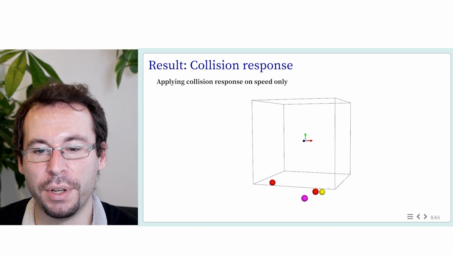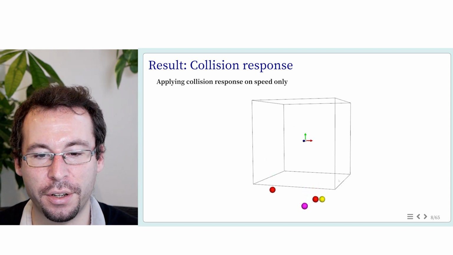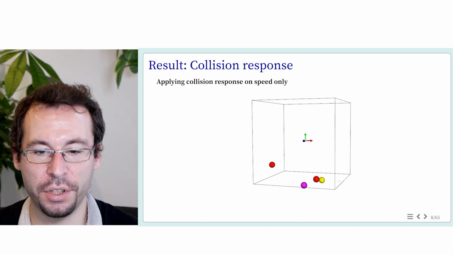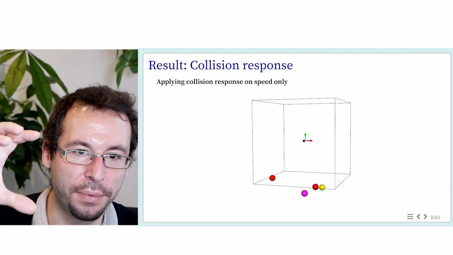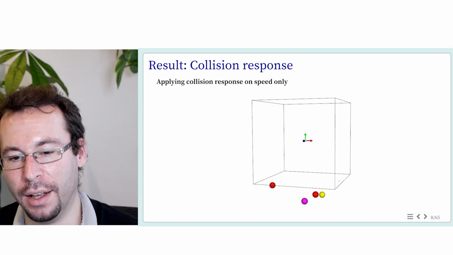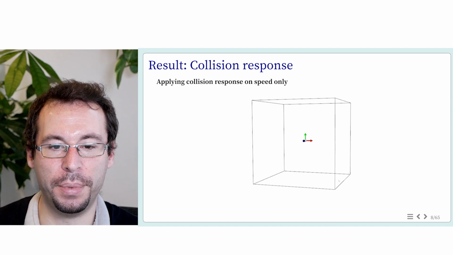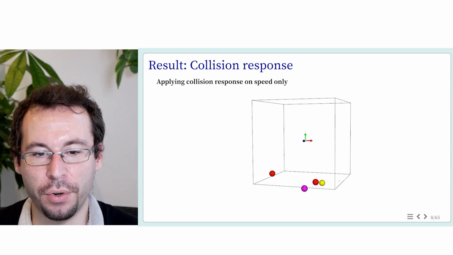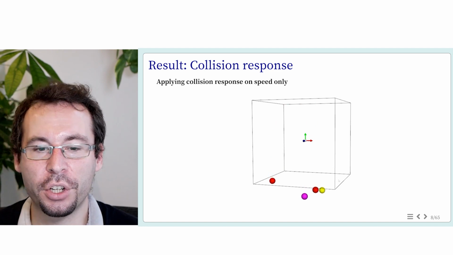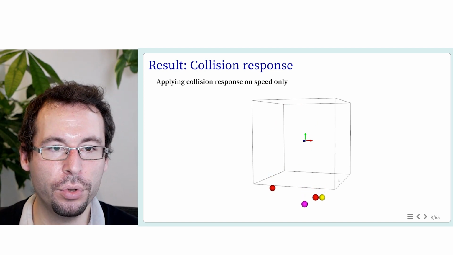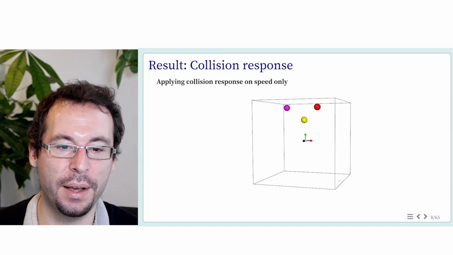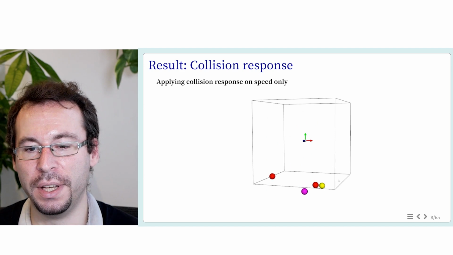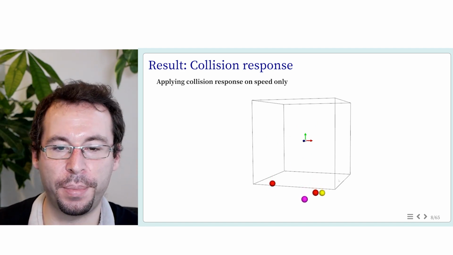If we look carefully, we can even see that the sphere oscillates a little bit. And as the weight is always pushing the sphere down over time, the sphere ends up going down and down below the plane. So what can I do to solve this issue? I should always make sure that the sphere does not collide with the plane at the next time step. I should ensure that the sphere is actually above the plane at the next time step.